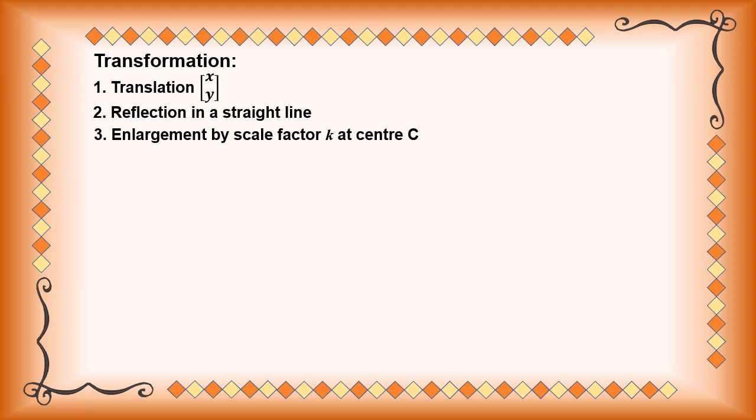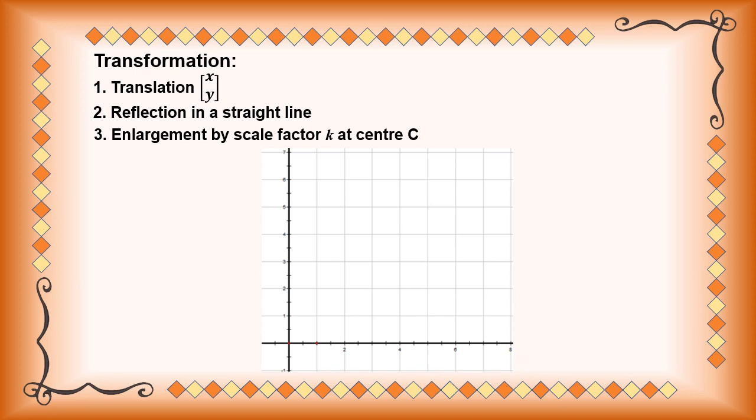Then enlargement. When doing enlargement, there are two things we need to know, that is the center of the enlargement and the scale factor of the enlargement. Now the image of the enlargement depends on the scale factor. For example, there is an object P. If P is being transformed under an enlargement by using C as the center,